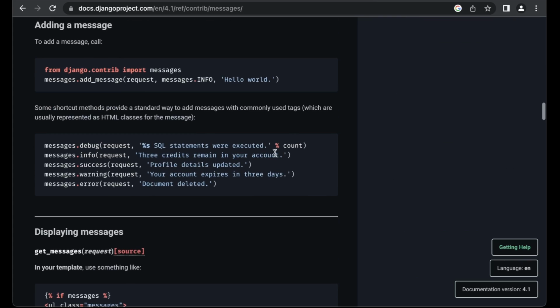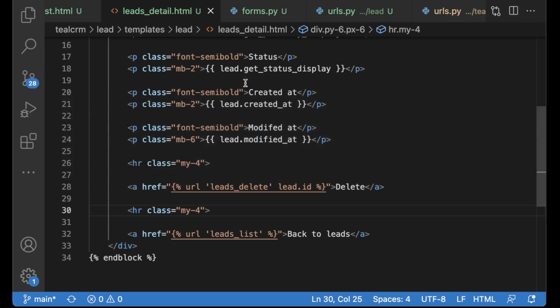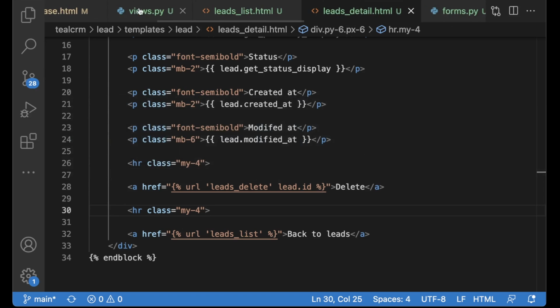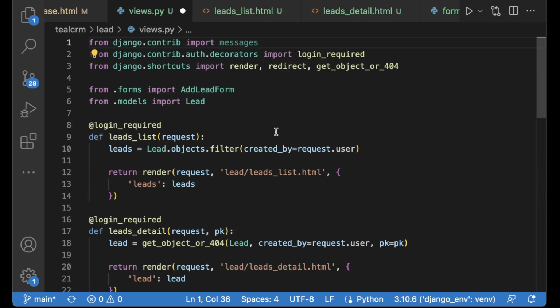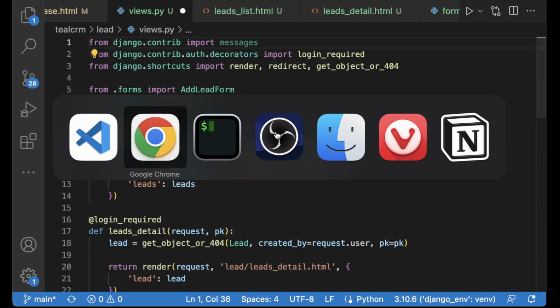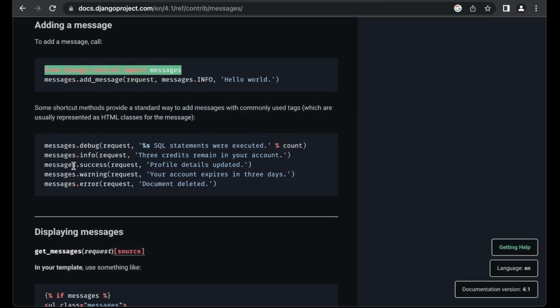From django.contrib import messages. So let me go back to views.py. Add it there. No, I want to add it at the top. From django.contrib import messages. And then here we want to add a success message.